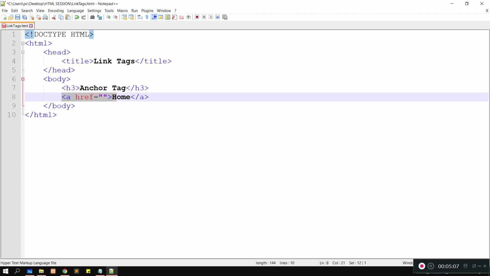So here A stands for anchor. Href is for hyper reference, meaning which path we are going to open after clicking on this home word.